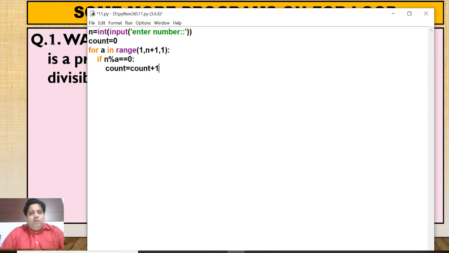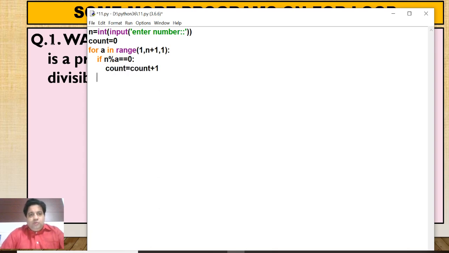So this program we have already done. We are executing the loop from 1 to that number. We are including that number. We are finding the factor. If a is a factor of n, this condition means if a is a factor of n, then count it.